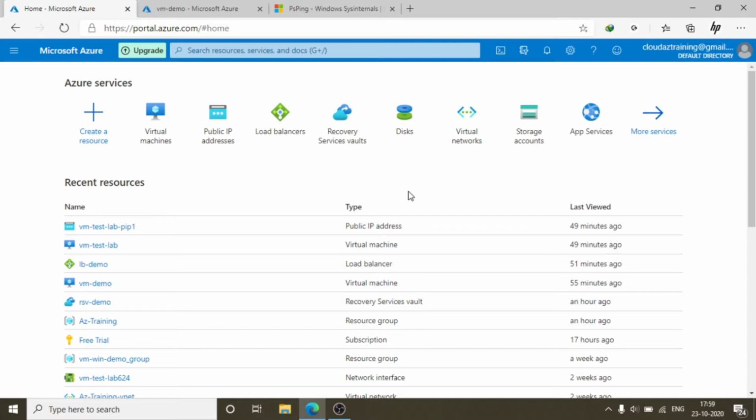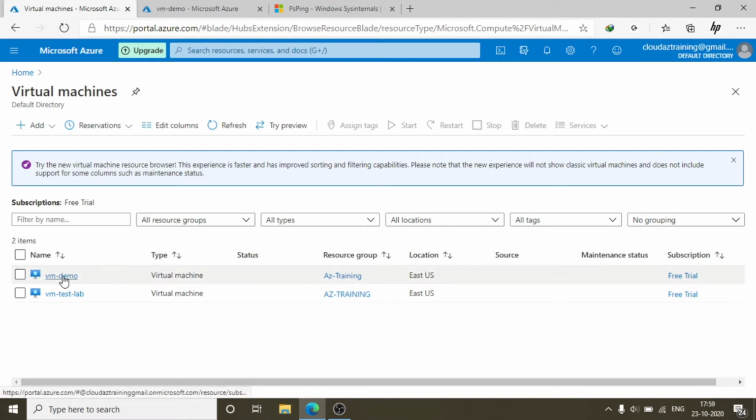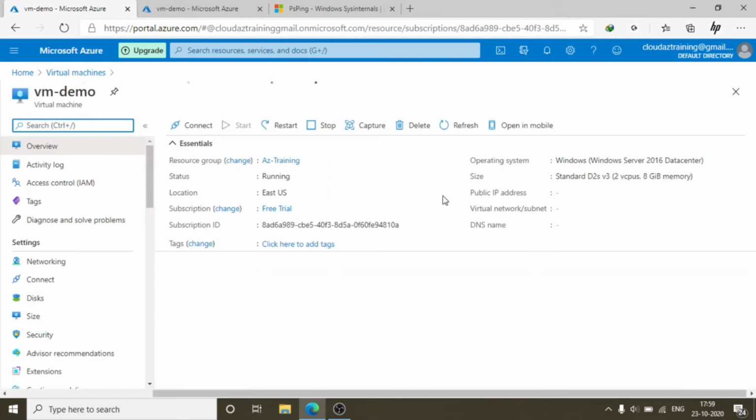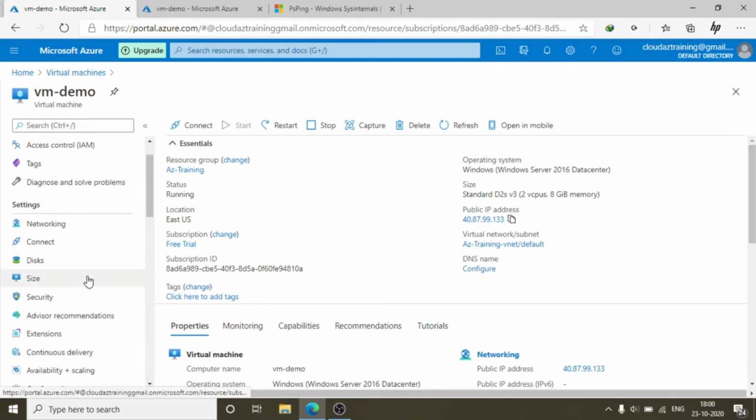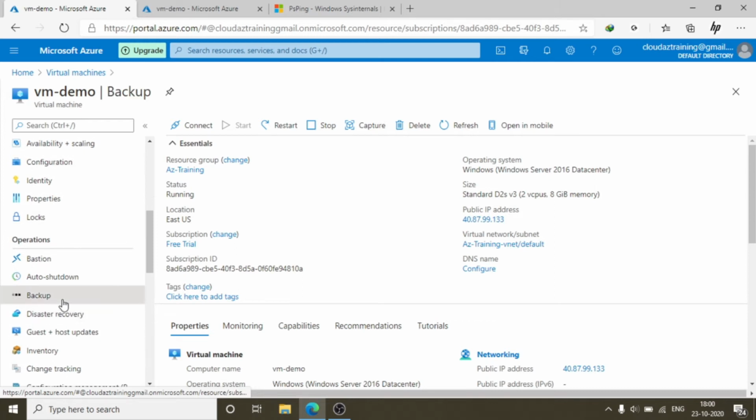The scenario: suppose you are running a VM, like this VM demo, and you are facing some issue. That issue is very critical or something very wrong, and we are not able to find the exact issue. We tried our best for 3 or 4 hours, but the problem is still persistent. In that scenario, if your VM has backup enabled, then there is one option,